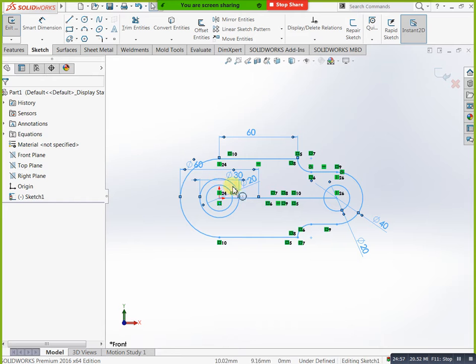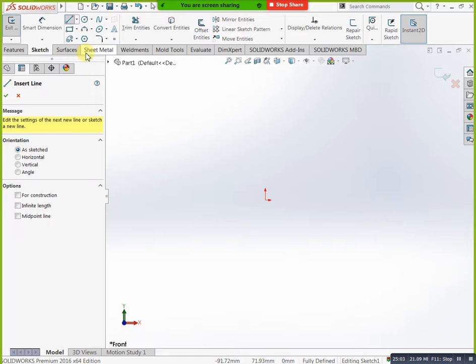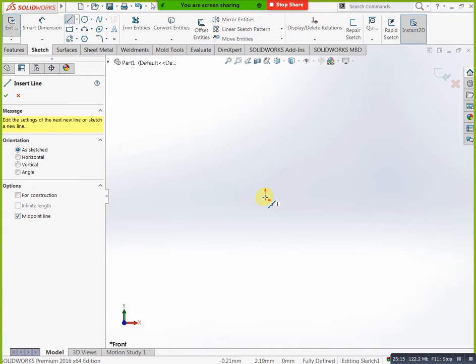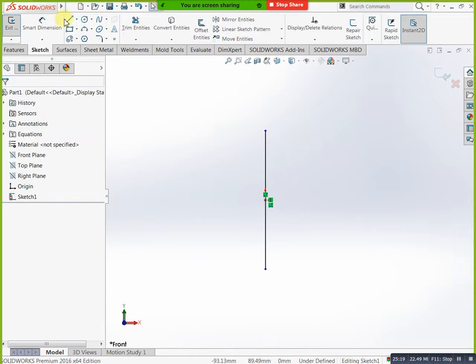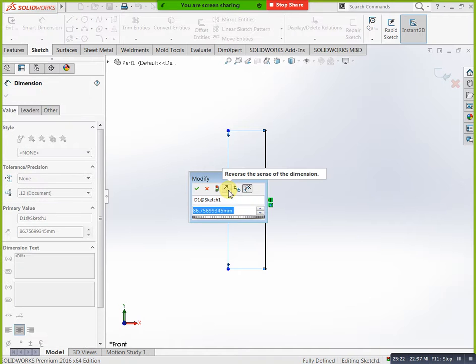Okay, next you will take circle, here to here, here to here. Okay, now you can mention dimension how much, 58. You can mention here 58 diameter, same as well you can apply here also. Next you will take one reference circle.